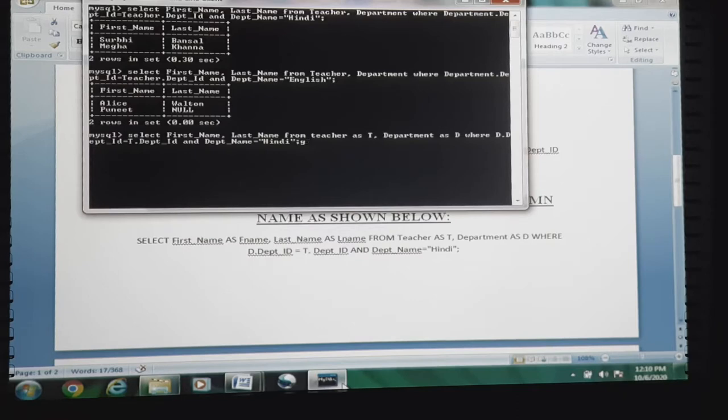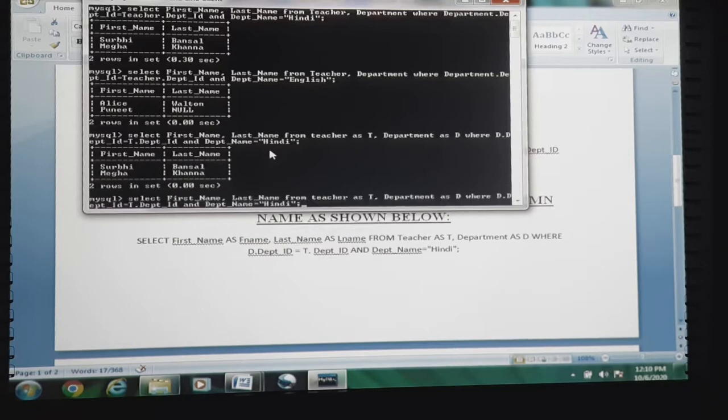Now, if we go ahead and execute this query, the outcome will be the same as what we performed earlier. See, in our previous query, the same result was there. Since we have chosen the Hindi department, under the Hindi department these two names appeared, and here also the same names. Using the alias as well as using the name of the relation followed by a period, both can be used in order to remove ambiguity between two relations while performing the join operation.